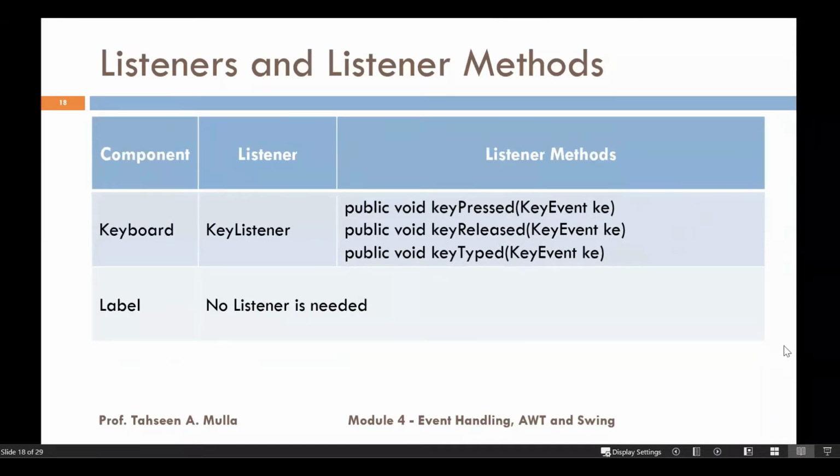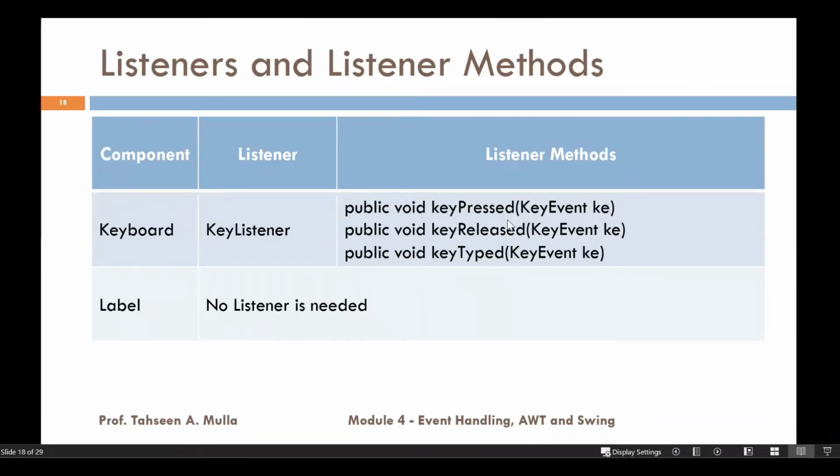Then for the keyboard, if I want to insert certain input from the keyboard, I need to have this listener as key listener, and the methods are key pressed, key released, and key typed. So the moment you press but you're not releasing the key yet, it will be called key pressed.